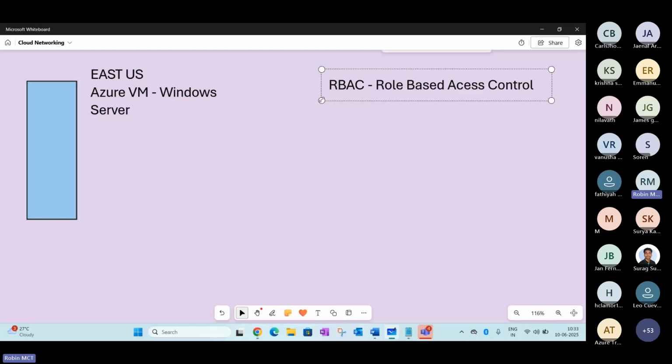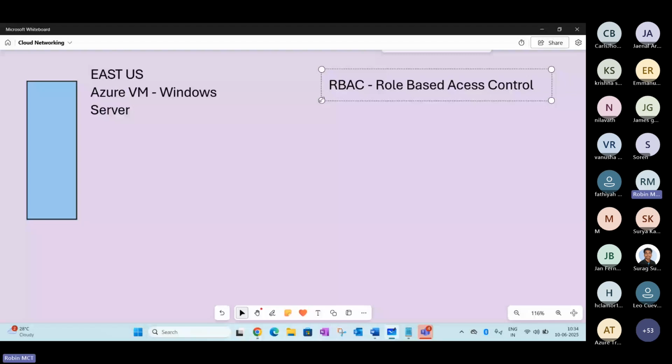So my point is, at any point of time when you are creating a VM, it is better to collect these details, asking: share me your VM details along with your subscription. That may be the right approach you can follow in your day-to-day operations.